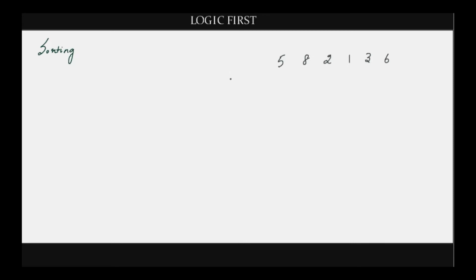Let's write a program to sort an array of numbers. Say this is an input array A. You don't have to know any kind of sorting algorithm for this. Just think on your own as to how to sort these numbers. Any basic logic that you can think of will require a nested loop.